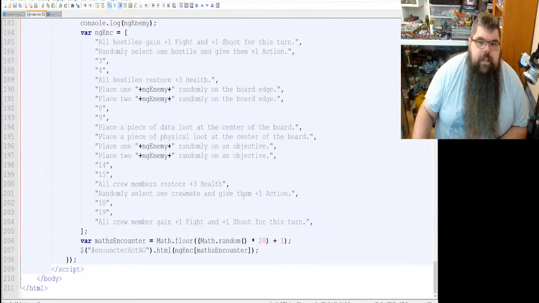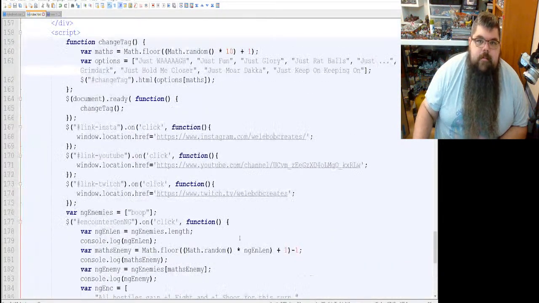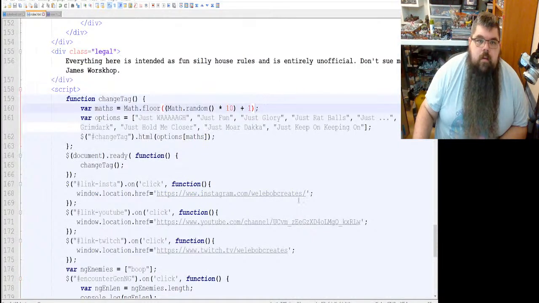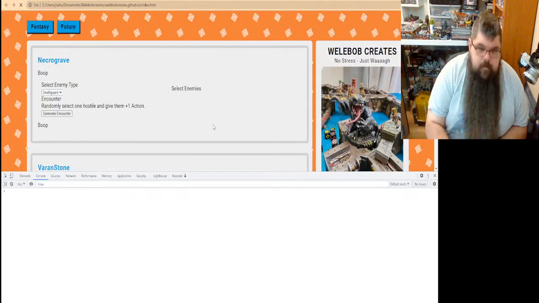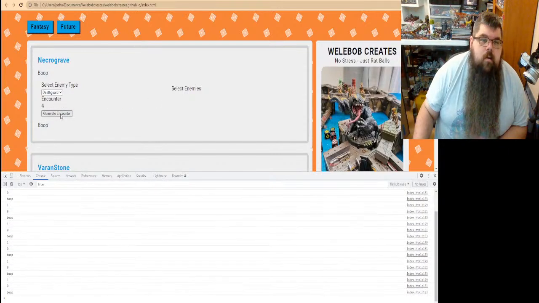Have I been forgetting to -1 out for these arrays? Let's check. Yeah, I guess so.